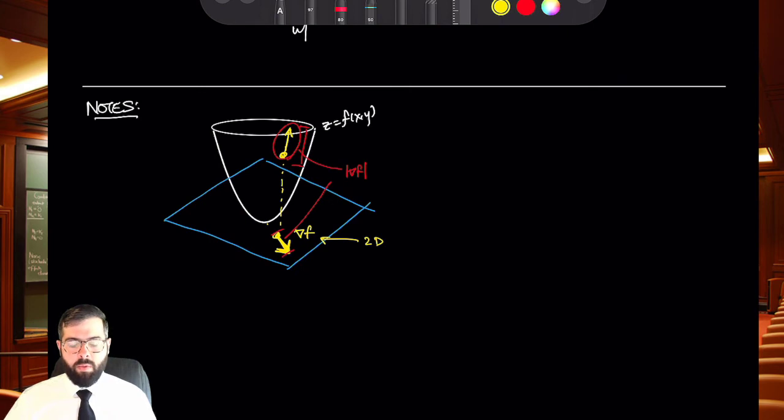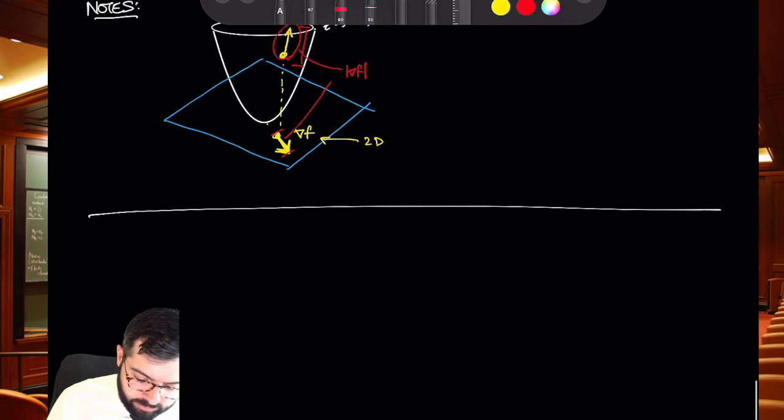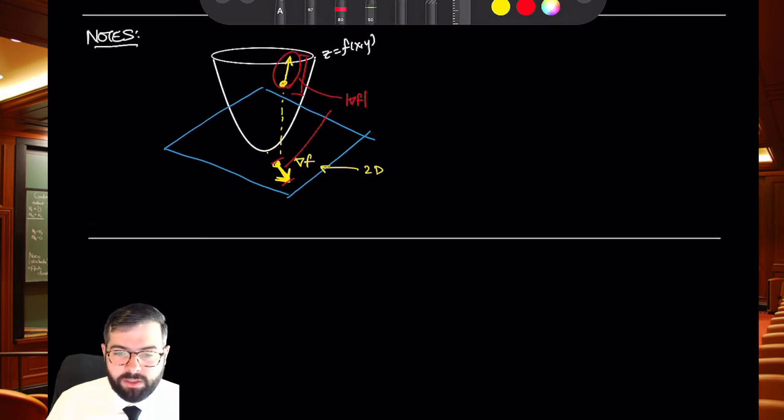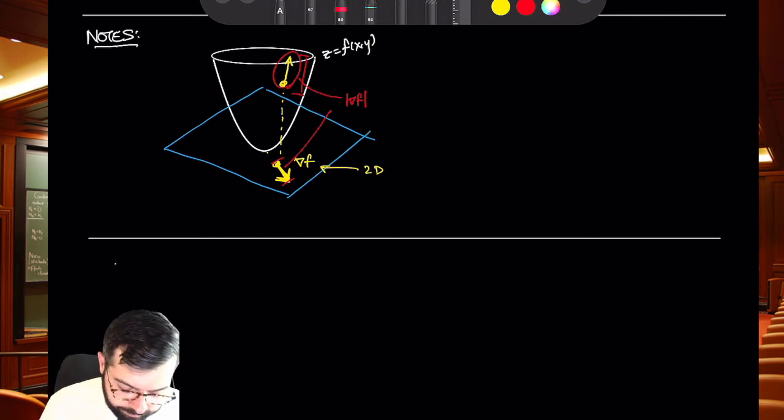But this also means, and this is a nice point, since playing with level curves and level surfaces is typically easier and more economical than graphing these things in 3D or beyond and trying to make sense of them,